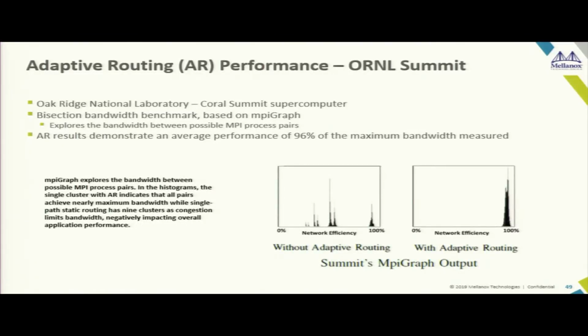Again, these are all from real systems. This is from Oak Ridge National Laboratory, which runs the world's fastest supercomputer right now. And there you run adaptive routing. If you're not running adaptive routing, then this graph basically shows network efficiency. Network efficiency means how many pairs achieved 100% of their design bandwidth. You will see that there are peaks at 50%, then peaks at 33% and 25%. What it means is that in that particular statically routed network, there were many computers sharing a segment 2 times, many sharing a segment 3 times, and some sharing 4 times.